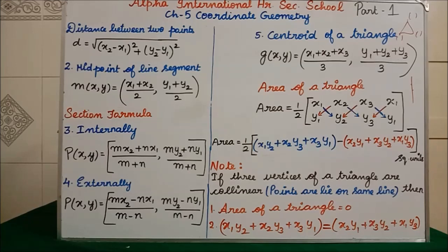Students, Coordinate Geometry is nothing but analytical geometry. Analytical geometry is also a branch of mathematics, and we are going to analyze mathematics with algebraic expressions and equations. Algebraic expressions and equations means what? x square plus y square equal to 1, ax plus by plus c equal to 0. These are the algebraic expressions and equations, isn't it? So ax plus by plus c, in coordinate geometry, we will say it represents a straight line in a plane.